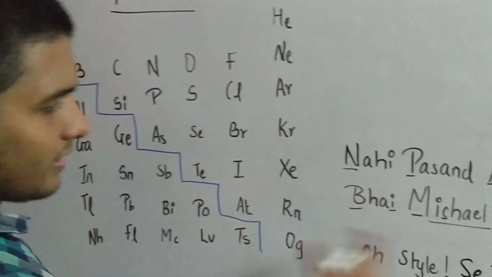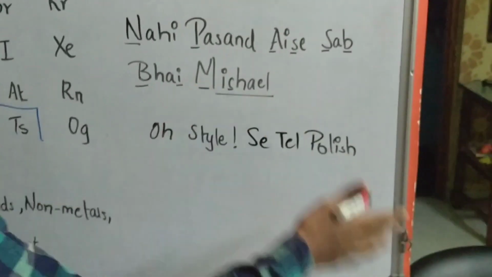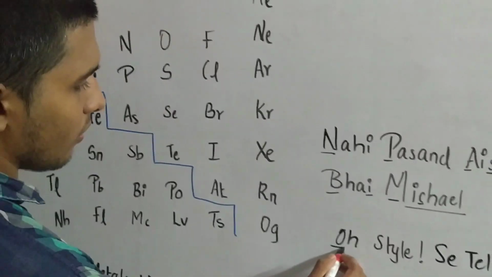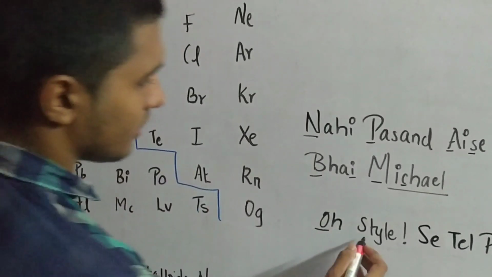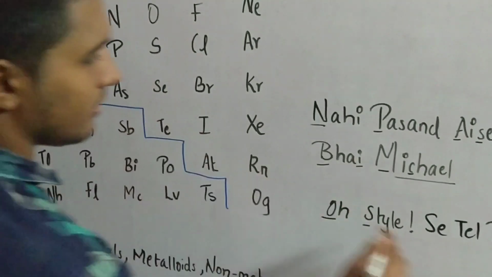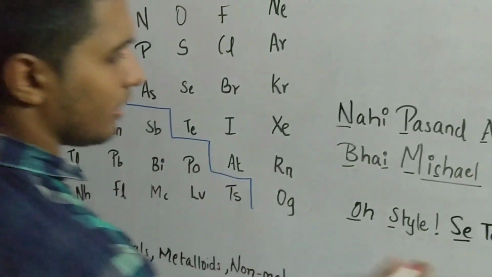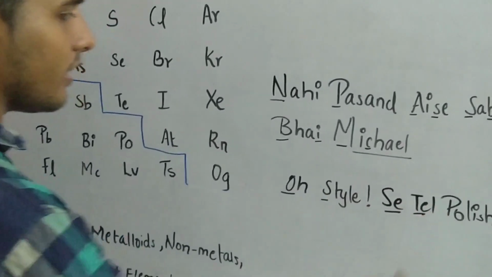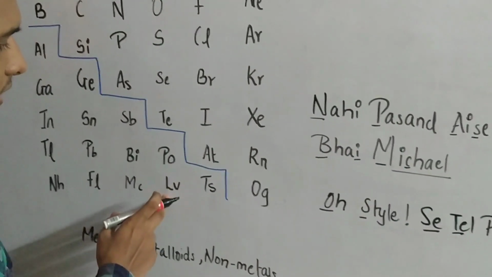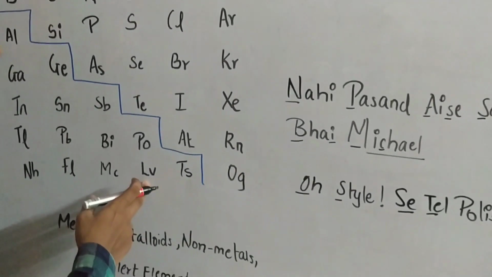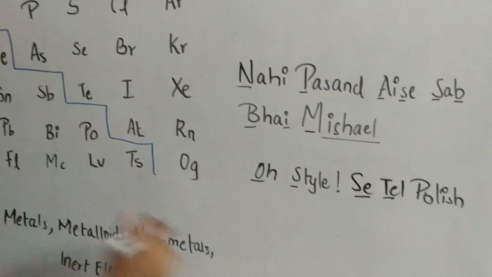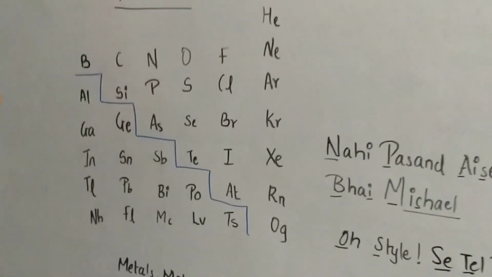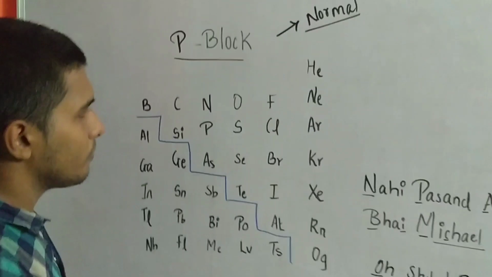So again, this is a particular exclamatory and rest is sentence. Don't go in sentence, I have mixed it. So O for oxygen, S and Se, the same thing. Tel, which is also known as telephone, for that we have abbreviation TEL. And last Po and Lv, livermorium. For that I didn't have any words, so I have mixed both words, Po and L. So these are the lines for these both groups.